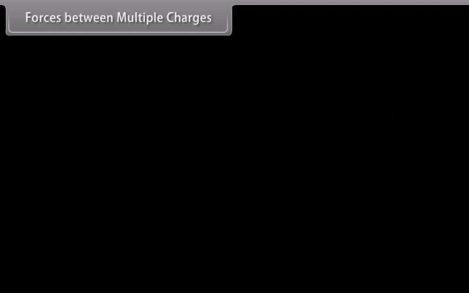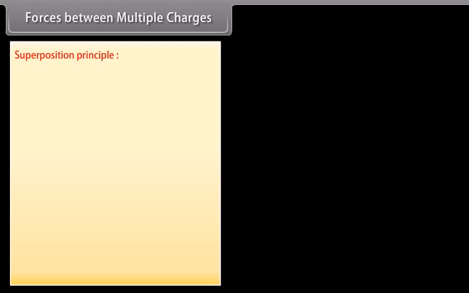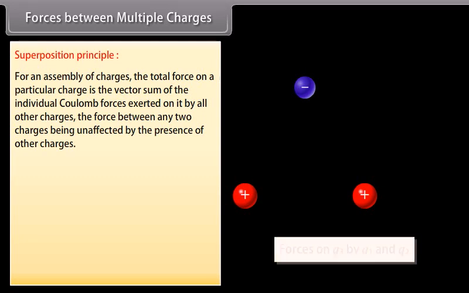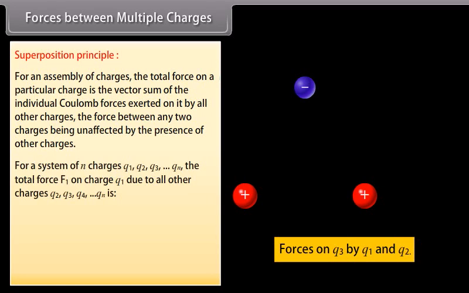Forces between multiple charges. Superposition principle. For an assembly of charges, the total force on a particular charge is the vector sum of the individual Coulomb forces exerted on it by all other charges, the force between any two charges being unaffected by the presence of other charges. For a system of n charges, Q1, Q2, Q3 and so on till Qn, the total force F1